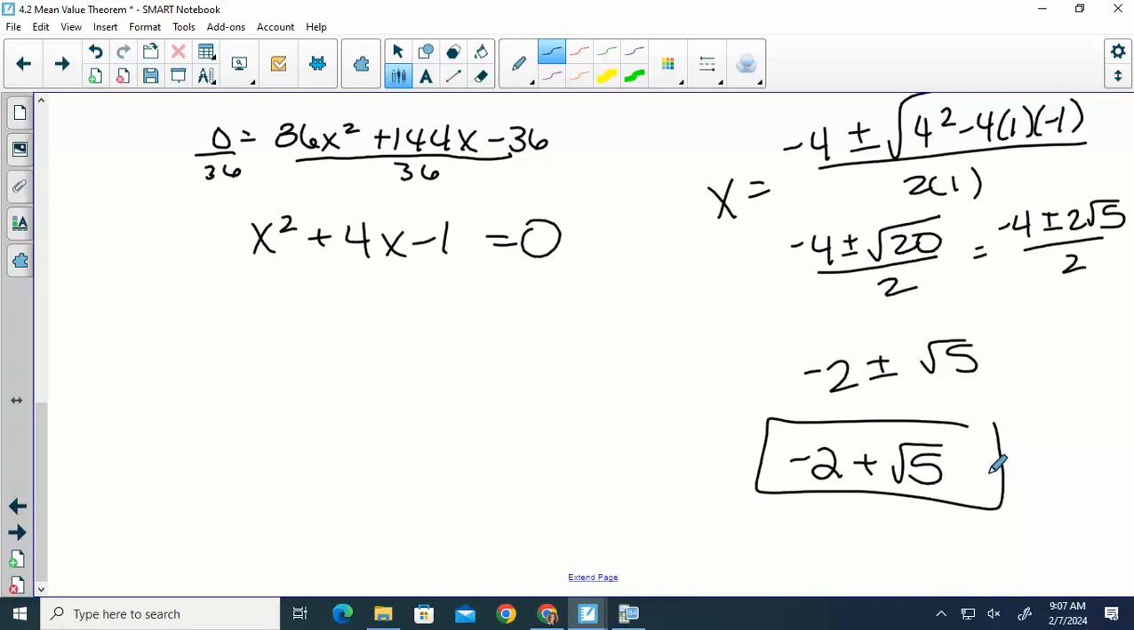So I wanted to work out one ugly problem with you guys. I'm just kind of show you. We can still do it, just some ugly algebra along the way. You may have to do quadratic formula. Yesterday, I gave you that handout. And you got